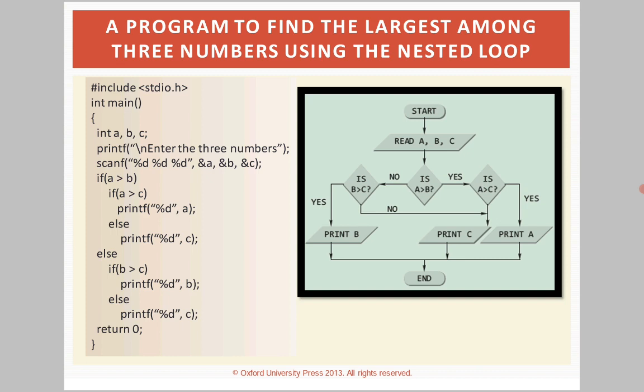After that, all these three outputs are joined together at the end or stop symbol. So this is the flowchart. So this is the program. Now, how to write the program to find out the maximum of three given numbers using